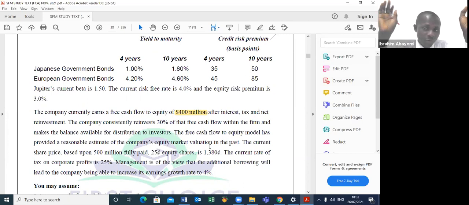Okay? You don't say, oh, because I don't like cost of capital, Gary, I need a business. I like business valuation. I don't like business valuation, Gary, I like merger and acquisition. Or I don't like cost of capital, I like investment appraisal. Please, don't have that mindset. Do not have that mindset. If you do, you start